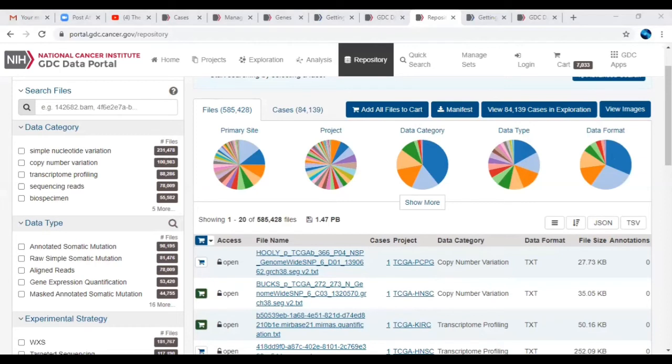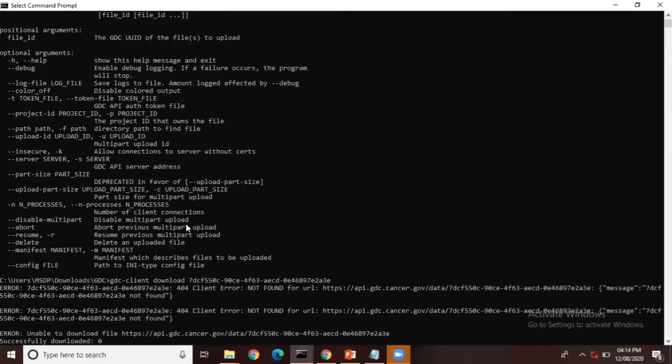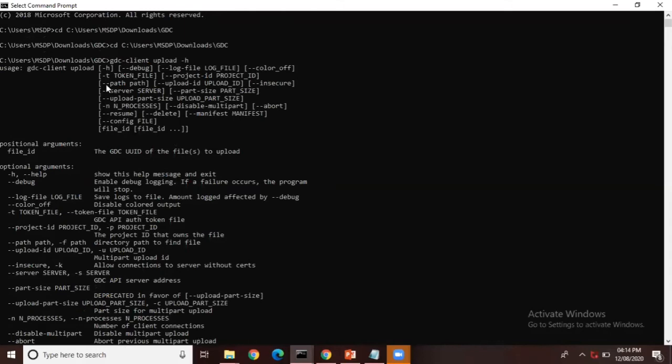Yeah, that thing only I have shown you. In this CMD page, you have to give the command gdc-client download, and using the token option, -t.